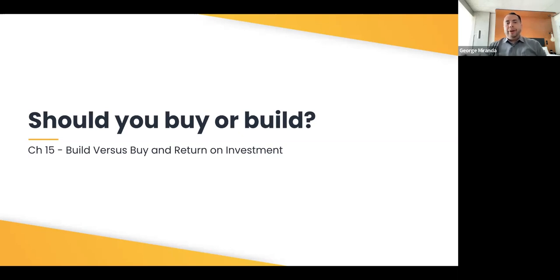So we start with basically looking at return on investment, right? What are the risks, right? What are the real risks when you build versus what are the risks when you buy? The risks when you build are a few. One, it seems like you're building for free, usually when you're using open source components to put together a stack, but you are spending developer time,